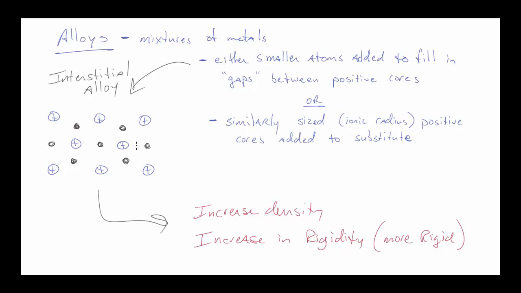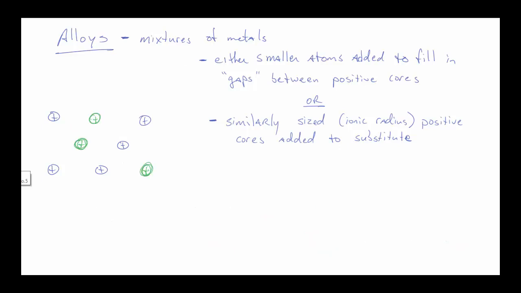And so what we do with stainless steel is we take an iron metal, we add carbon to it, and the carbon changes the properties of that iron metal, and it makes it more dense, and it increases the rigidity so that it doesn't deform while we're using it as a tool or a knife or whatever we're using it for. All right, and so the next type of alloy that we're actually going to take a look at is